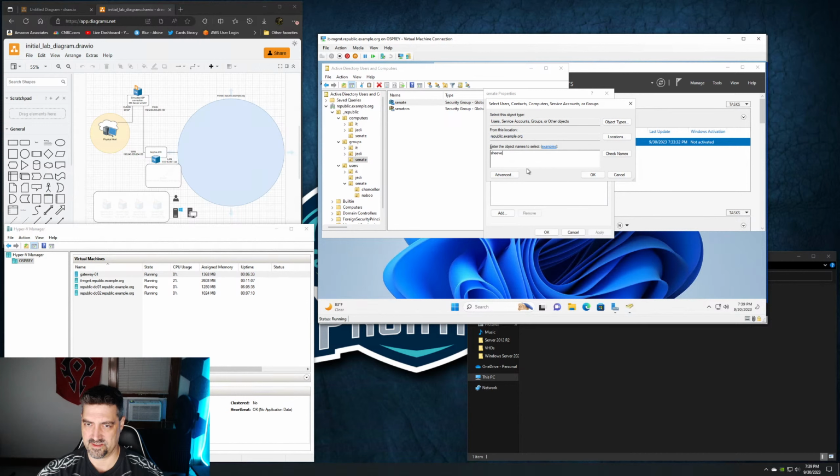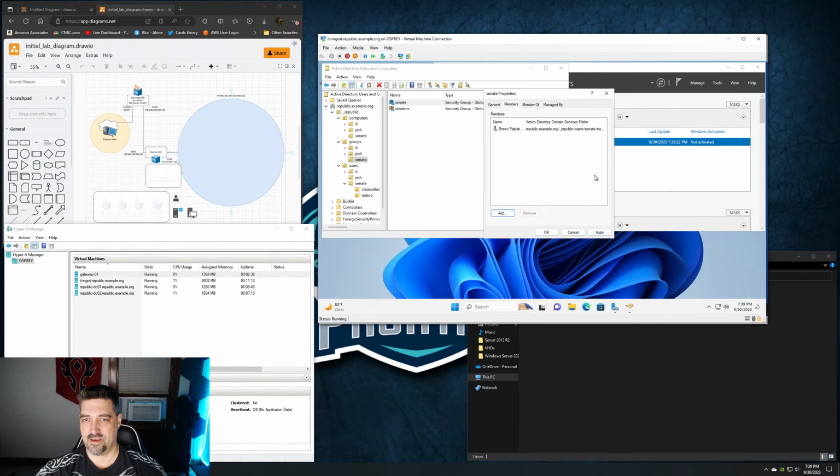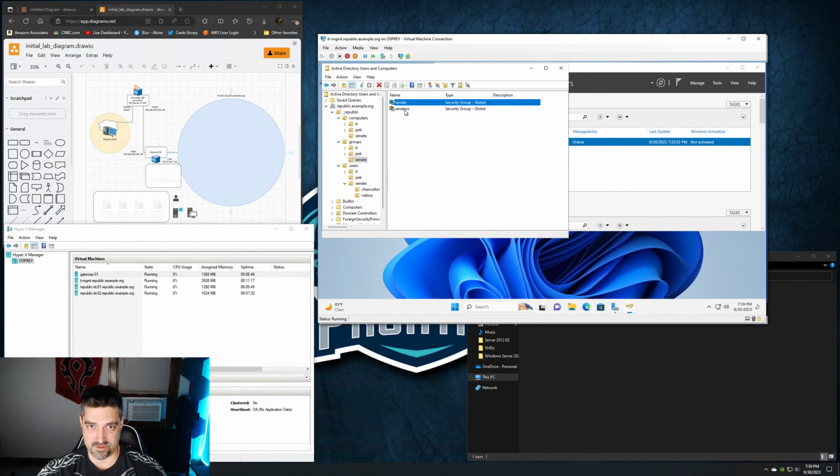Provided that I can spell it. There we go. Okay. And then you can click Apply to commit the change, not close the window. Click OK to commit the change and close the window. And then under senators,